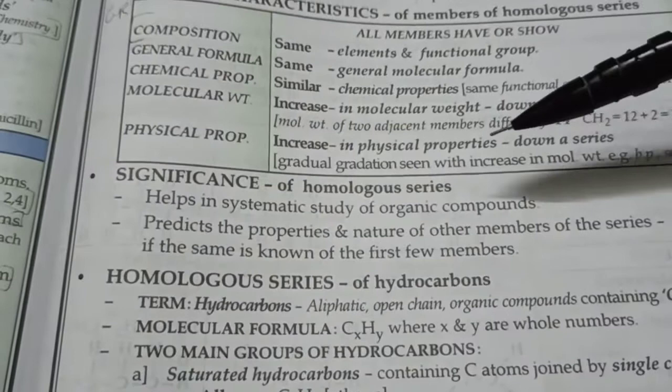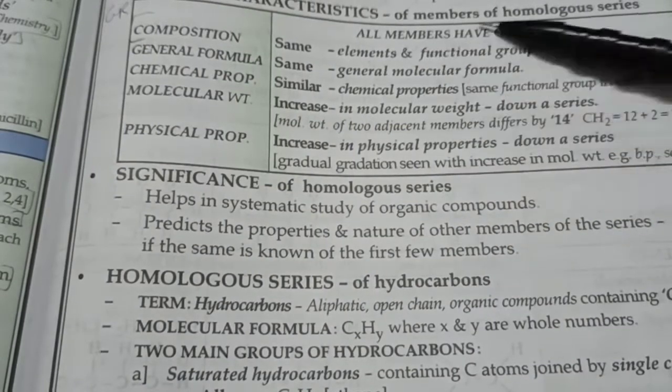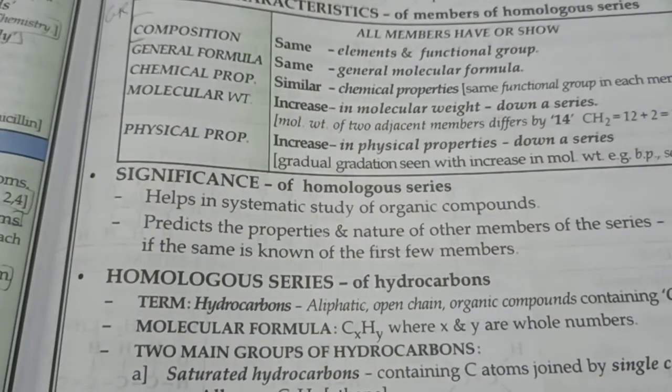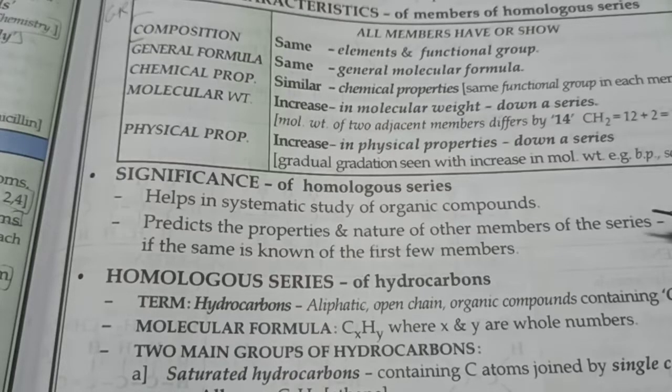But what is the importance of studying homologous series? Well, if we have families, it's so easy to systematically study its properties. It's like in the periodic table, you have group 1 as alkali metals or group 17 as halogens. So why do we have these families? Or in biology, we have kingdoms and phyla. Classification always makes it easy to organize the knowledge and remember it and make predictions about the next members of the same family.